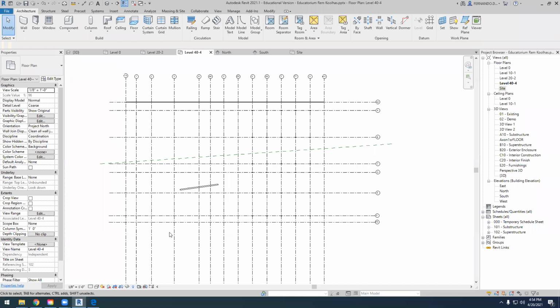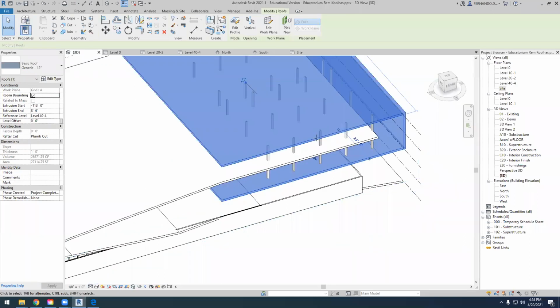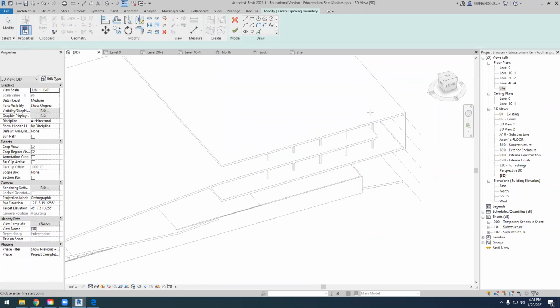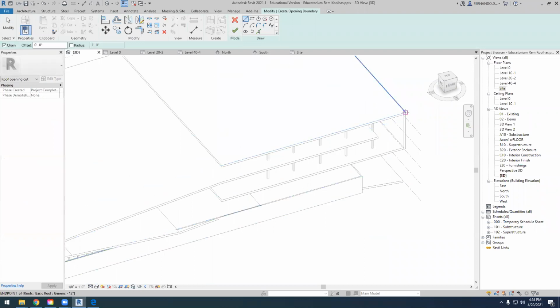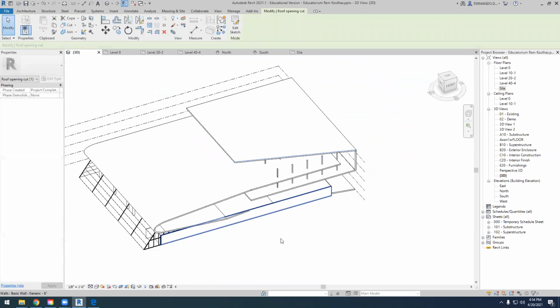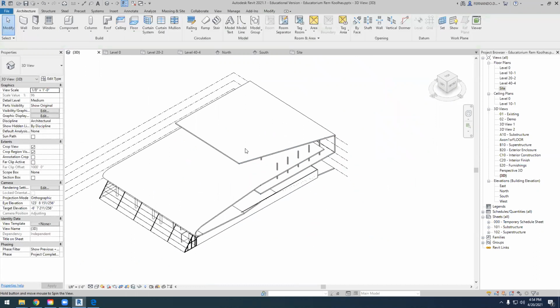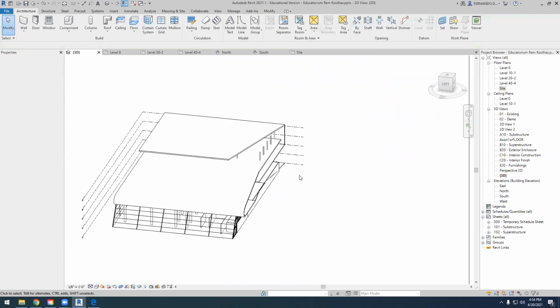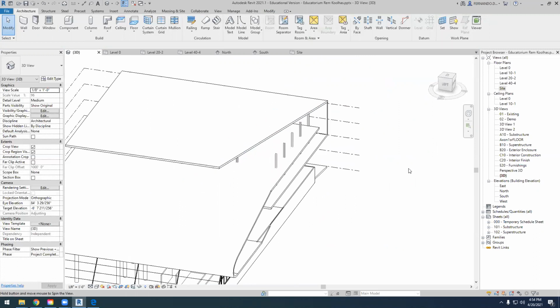If you want to do it just in a face, imagine that you are working with this element and you want to do it just in the roof itself, not in the floor, then you can do this by face. You have to select the face, and now we can do this, and that affects only that part of the roof. It doesn't affect this one. If we're using shaft,